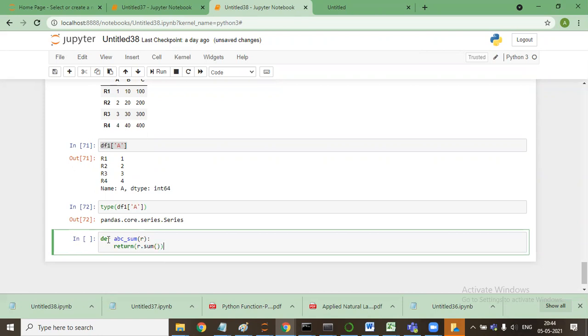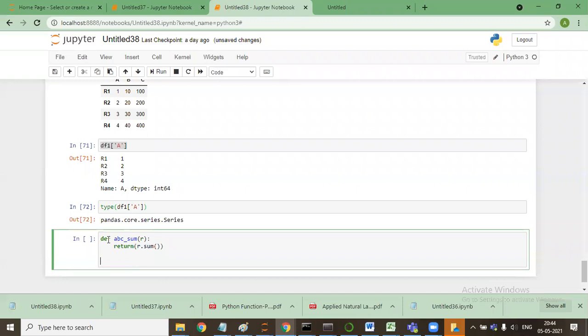And now if I say new is equal to df1 dot apply ABC sum, axis is equal to 1.